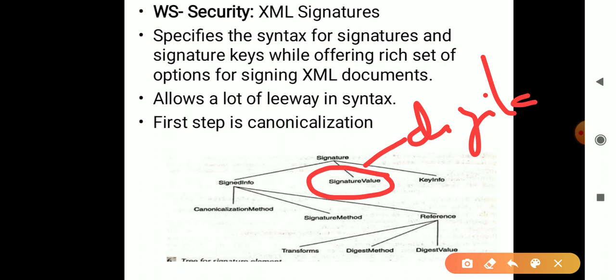So in the signature element, it provides the signed info and which signature is being used. And the key info, the third one, provides the reference to that key material so that we can identify the signature at the receiver end.